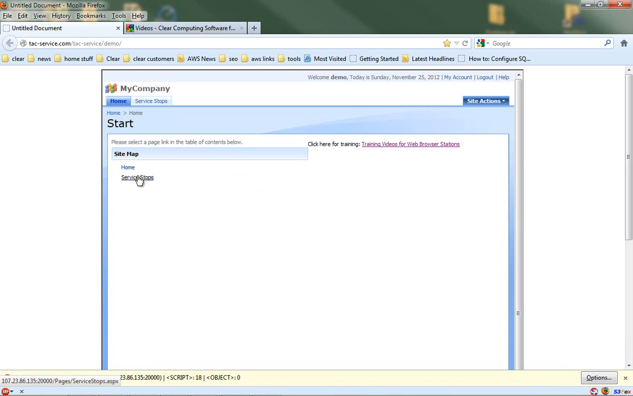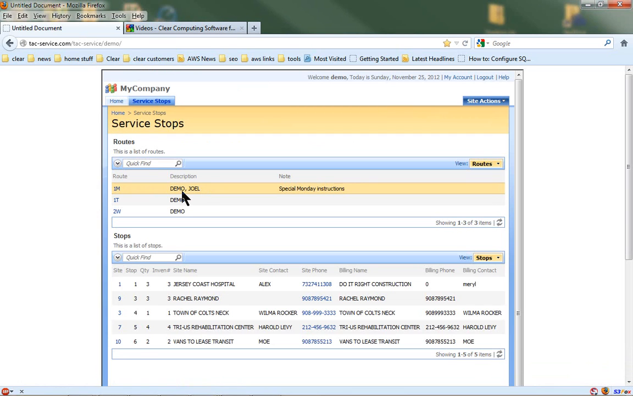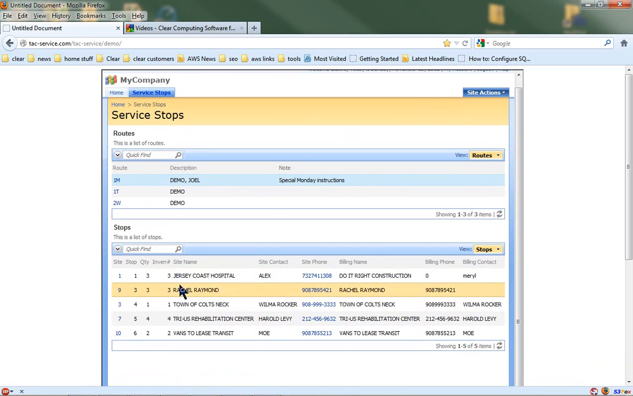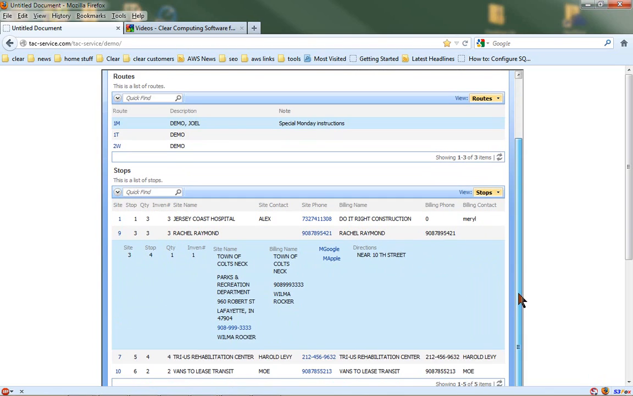I click service stops. I'm going to select Route 1M, which is serviceable by both Joel and Demo. If I click on it, I get a listing of all the service stops in stop number order, 1, 3, 4, 5, 6. I'm going to use the town of Colts Neck. When I left click on it, I get a full listing of phone numbers and addresses, turn-by-turn instructions,